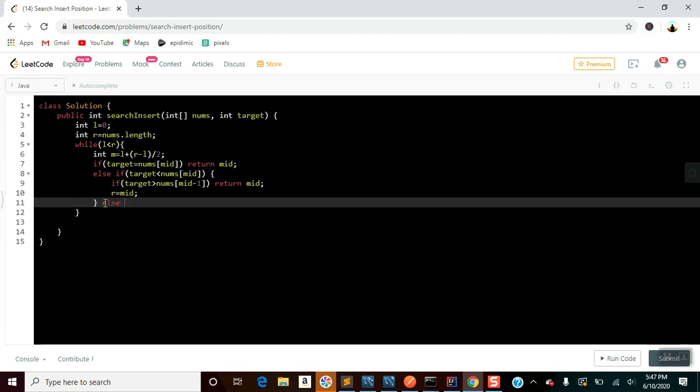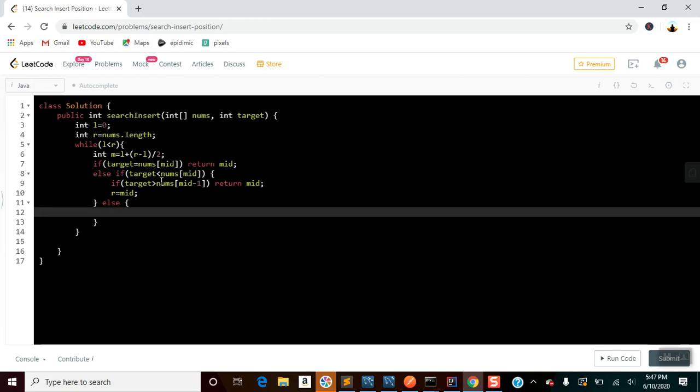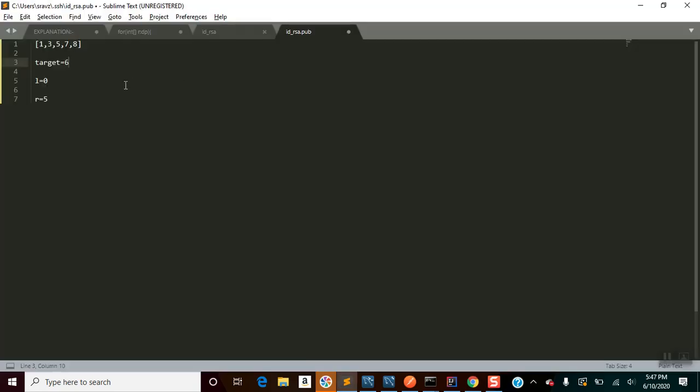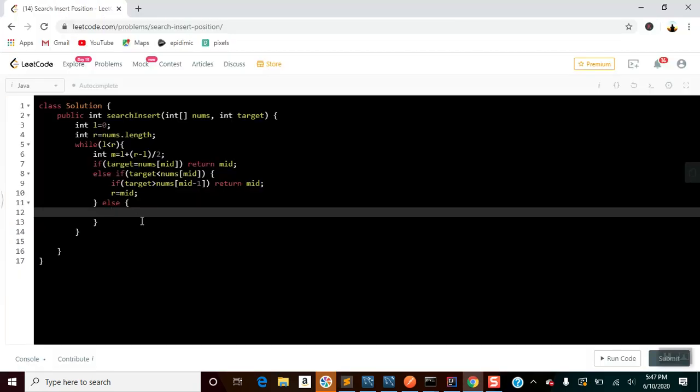Else, if it is not less than, which means it's greater, the case we discussed about 5 and 6, check if the target is less than nums of mid plus 1, correct?